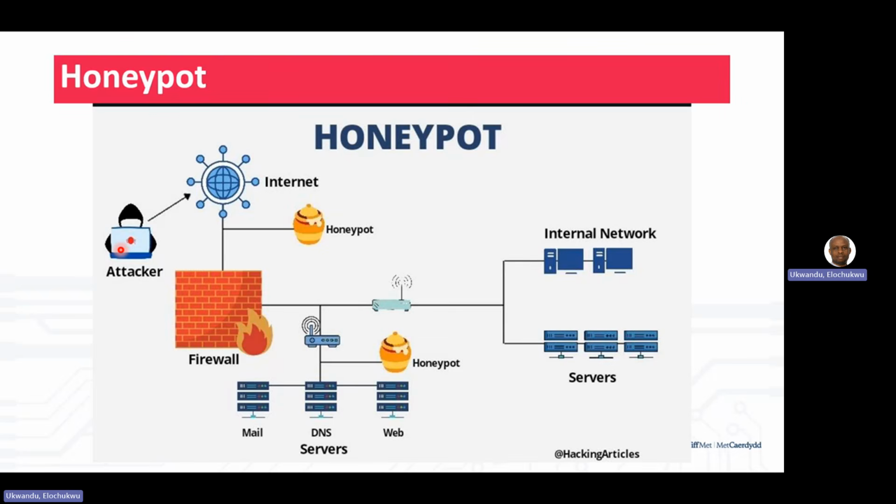If you see where you have an attacker, what we normally call hackers in local parlance, cybersecurity will call it an attacker or malicious actor. I'll use it to describe the concept of a honeypot. This is the internet, the publicly facing network, which you all see, which accesses the resources stored there through the web browser, which is the agent. Now we have what's called a firewall. A firewall helps to protect the assets we have at the back end of the internet. The internet is the publicly facing front end, which you see.